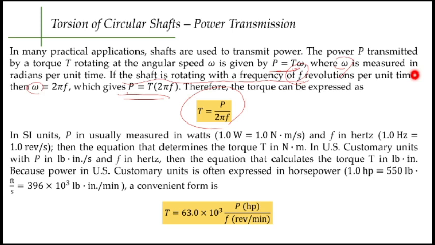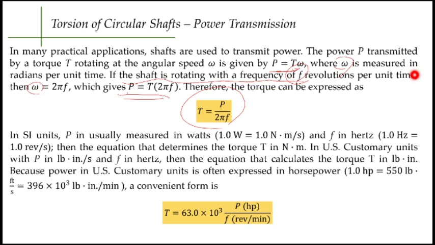Sometimes also in US customary units, there's no problem if the power is in watts, because a watt is a derived unit from SI, which is newton meter per second. However, for US customary we use horsepower, and the conversion there is quite laborious, because there will be a lot of